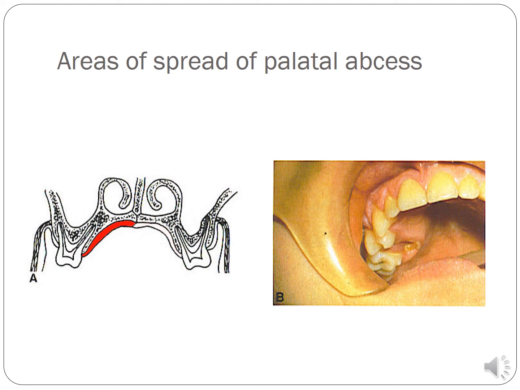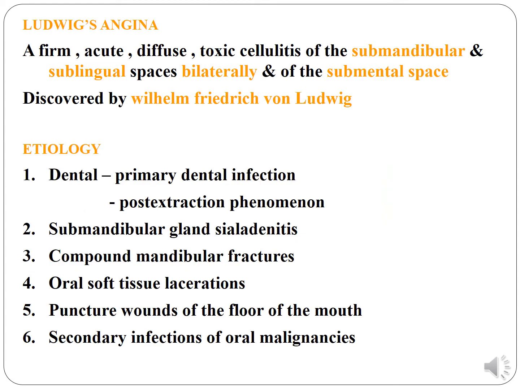The abscess in the palate is quite rare because of the adherence of the mucosa, but it does happen when there is an extreme dilaceration of the root towards the palate, the hard palate. Then you do have this palatal abscess, and you have to incise this area. Never strip off the palatal mucosa. Try to incise and then drain out the pus. Do not try to strip the palatal mucosa from its underlying bone. It will cause chronic non-healing ulcers. It will take a very long time to heal. Okay, fine.